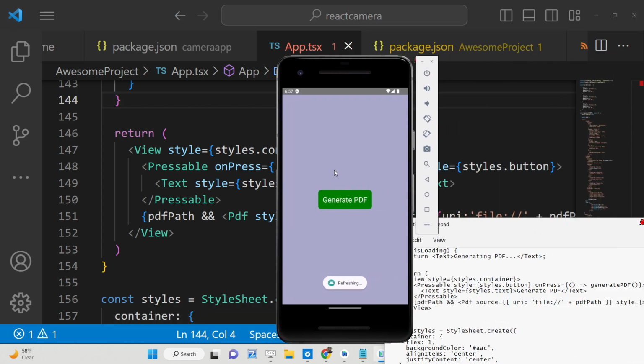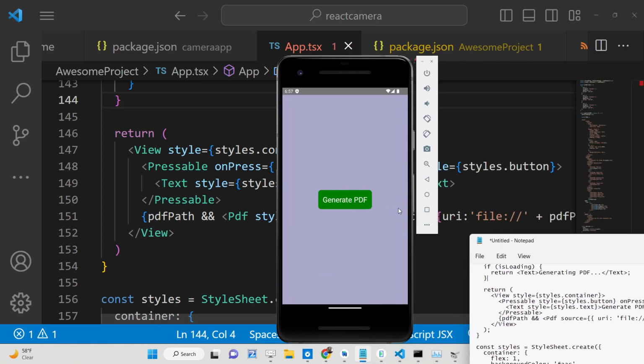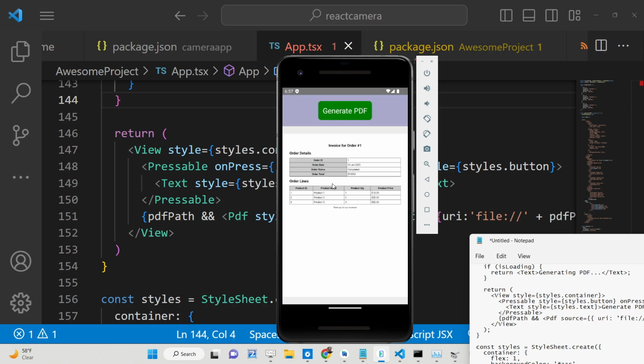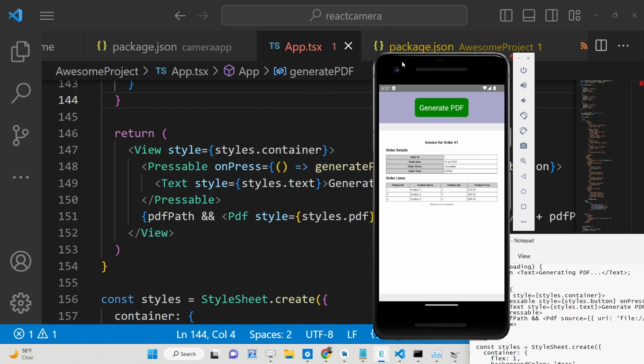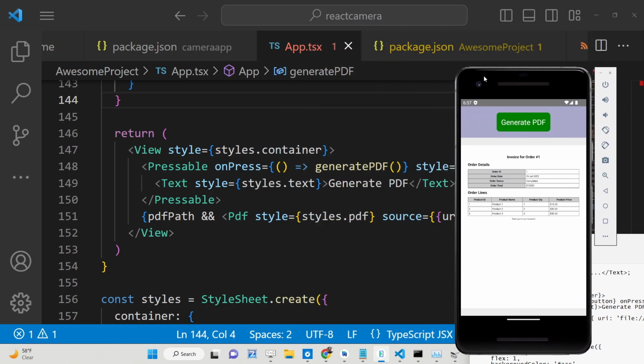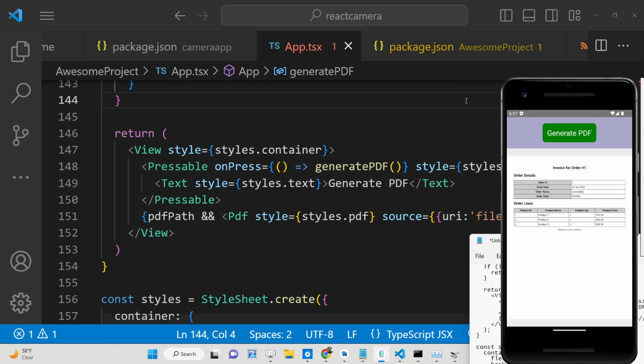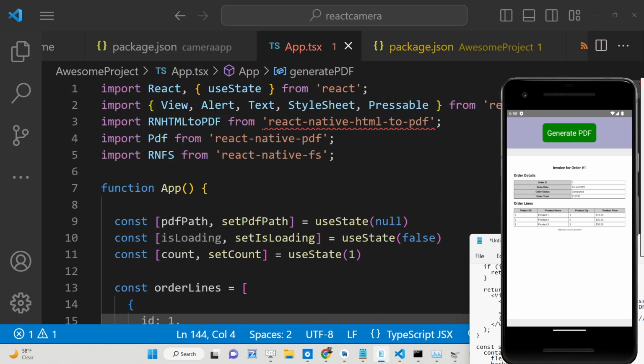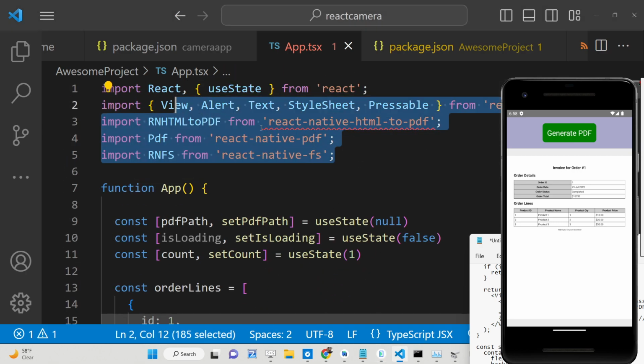So now if you see, a button will be there, guys, and now if I hit this button, you will see that the success message is printed out, and now you will see your PDF document also. You can also test it on a real device as well. This is working on an emulator. I have personally tested it. This app is working. All the source code is given in the description of the video, guys. So you can easily export any sort of HTML to a PDF and display it inside your mobile phone using